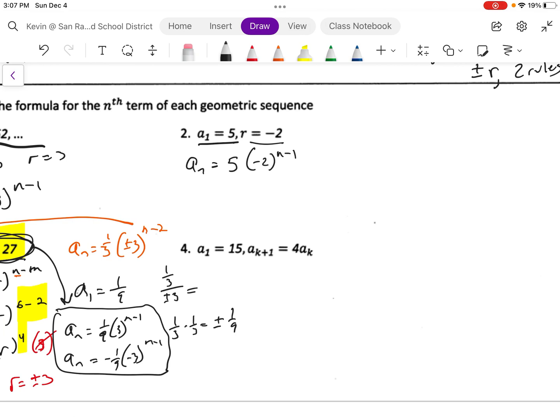Okay, last one is just here. This basically says, okay, we have the first term is 15, and this is just saying that any term times 4 is equal to the term after it. So 4 times a sub k is going to equal a sub k plus 1. Or, in other words, I'm not saying this very well. That's our r. r equals 4. So a sub n equals 15 times 4 to the n minus 1. All right, now